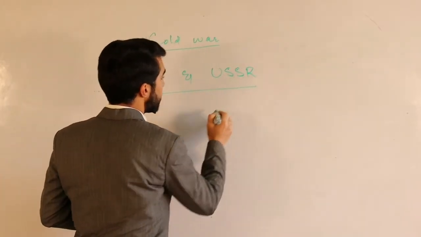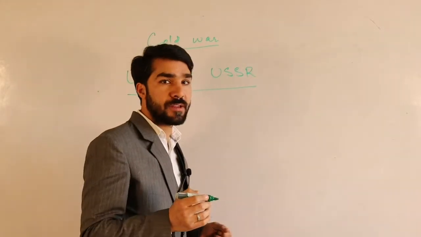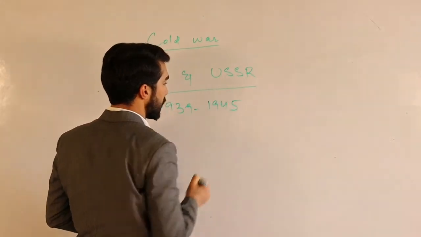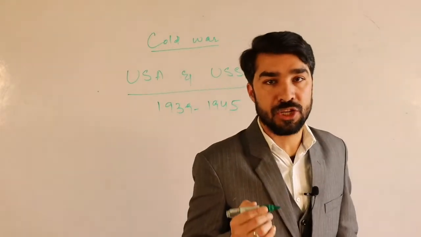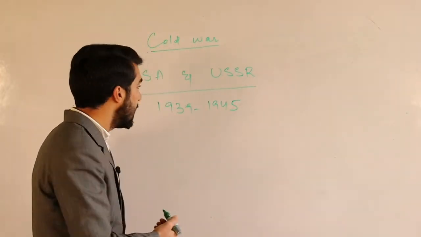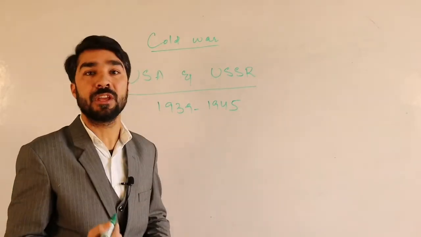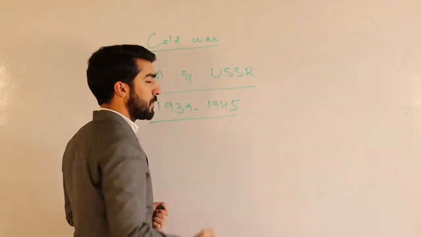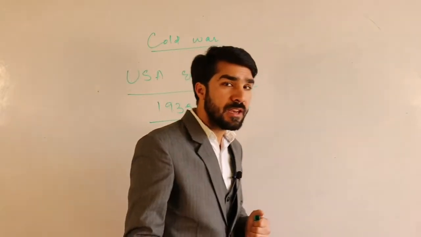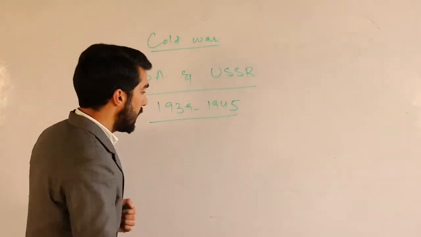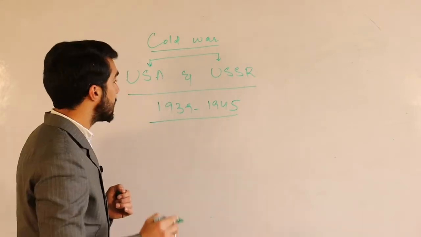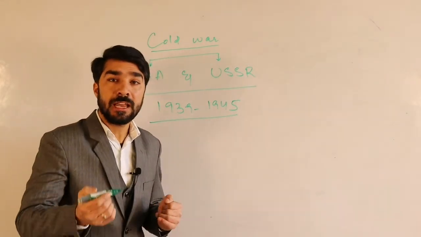So I'll be repeating my point. I said that during the Second World War, starting from 1939 to 1945, these two superpowers of the world fought together against the German forces. They fought together against the Nazist reign in the world, so that they could end such an atmosphere and give something good to their people, and peace would be restored to the lands of the world. But after the end of the Second World War, that is in 1945, a situation came into being, and the wartime alliance, the friendship that these two countries had, came to an end, and soon after that started an era of